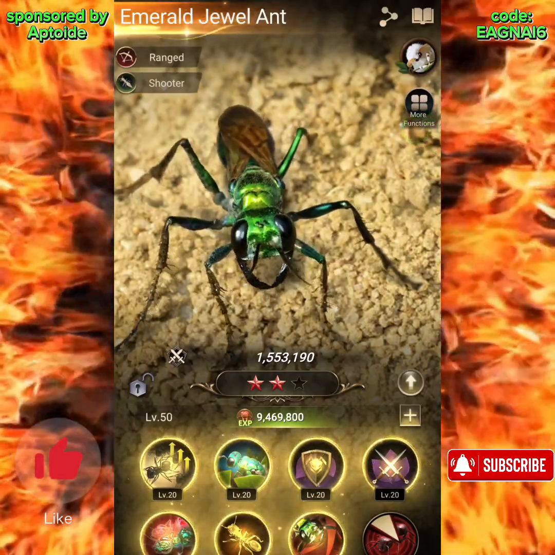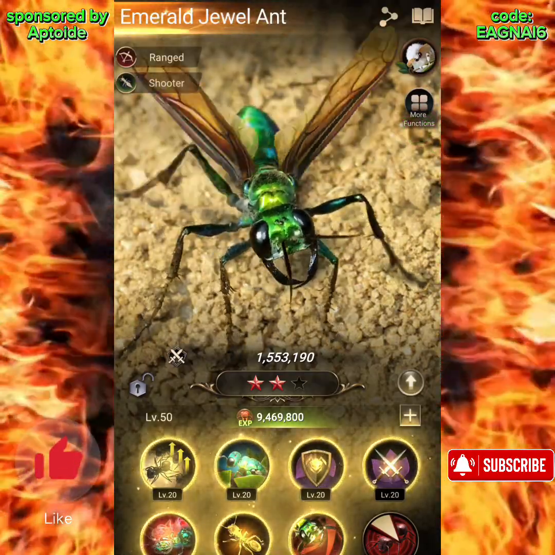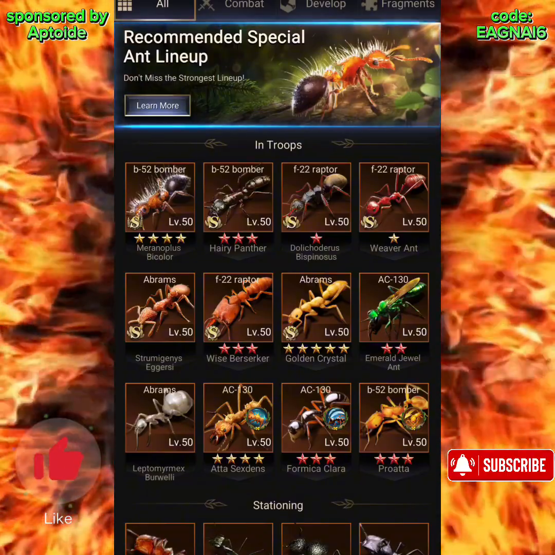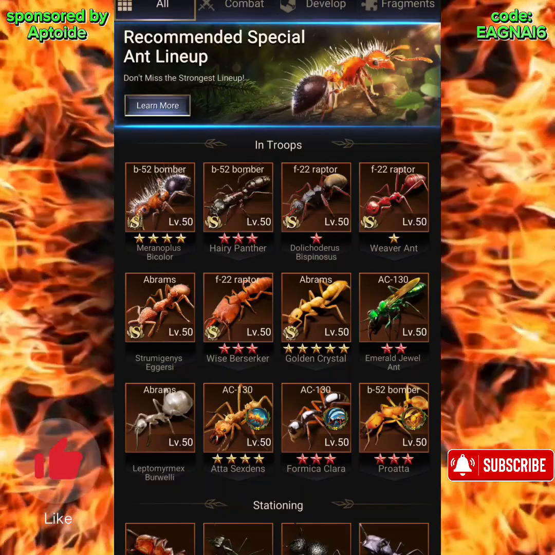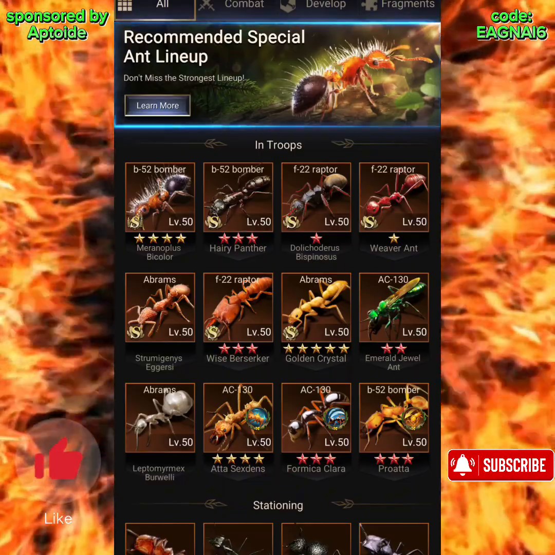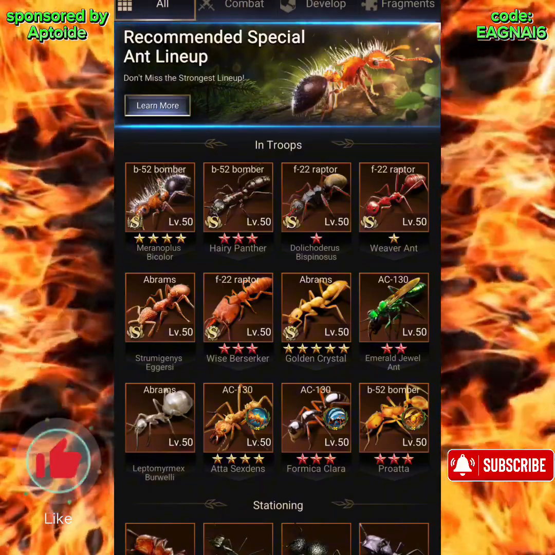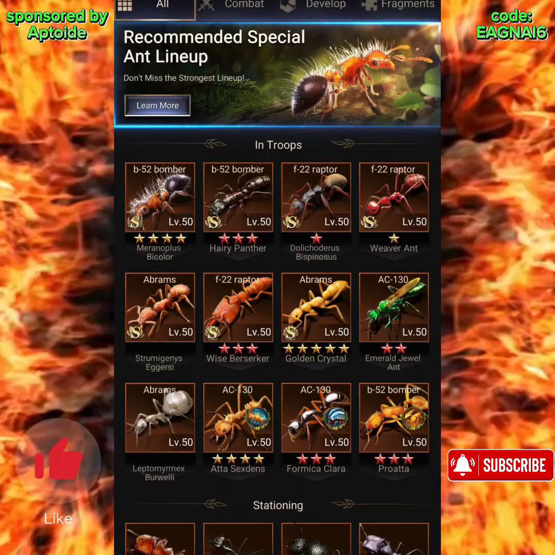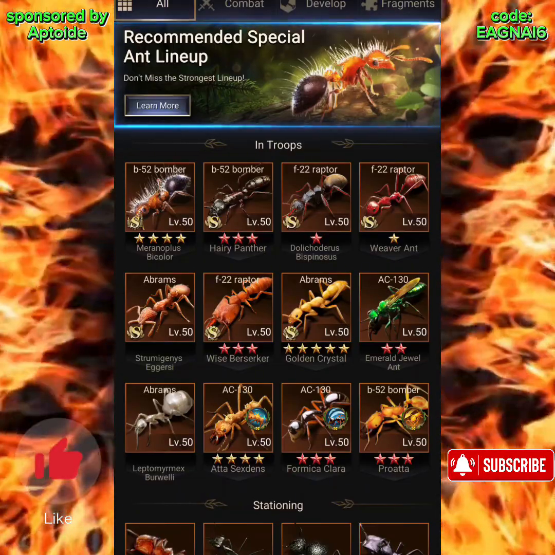So these are all things that you're looking at, and this is why my classifications of ants are a lot different. For me, even though I do agree that the Black Knight would be better on a 1v1 basis as far as survivability in a long-term fight, like when you come to barrens or island or anything like that, I would actually put it lower than the Saxon. And I've caught many arguments over it over time, but